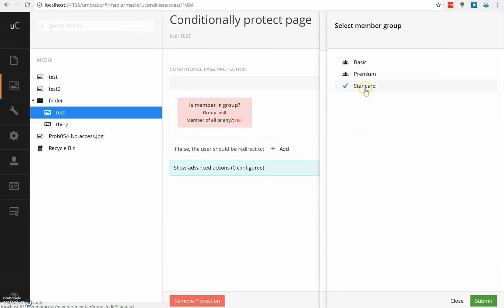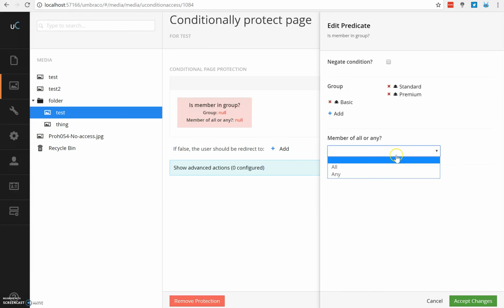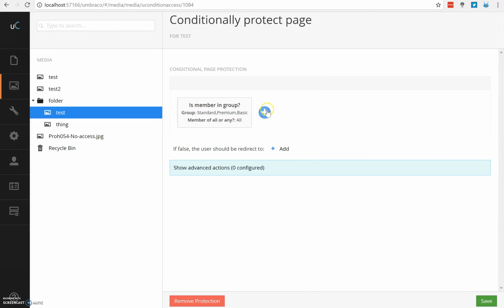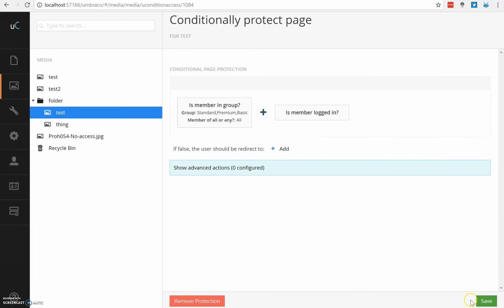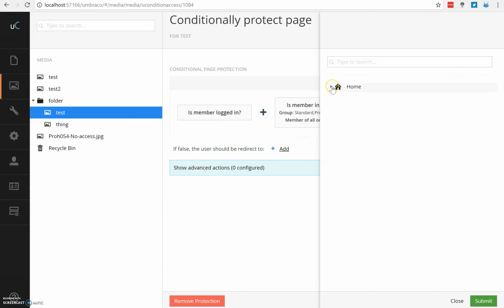And I want them to be part of a group as well. So this person, you have to be a member of all groups, and you need to be logged in. I can move around that way. And then if that isn't true,